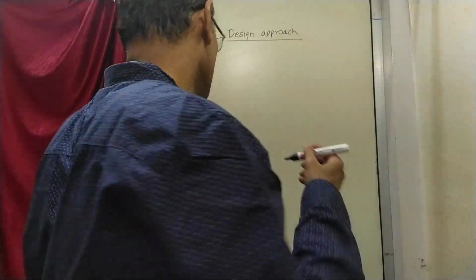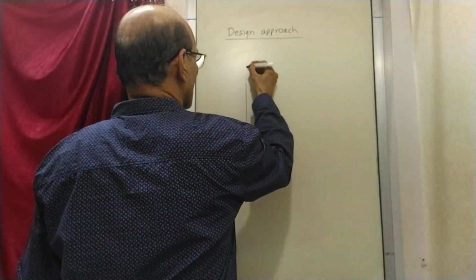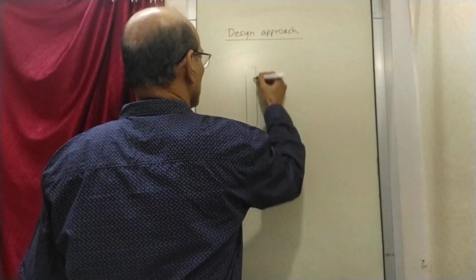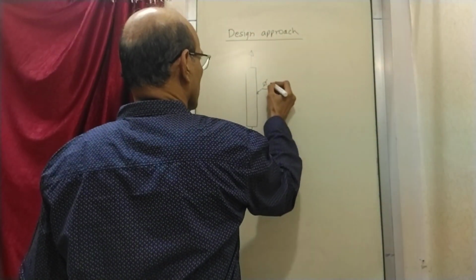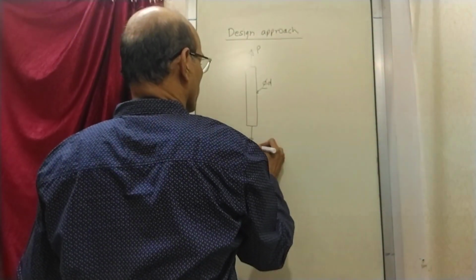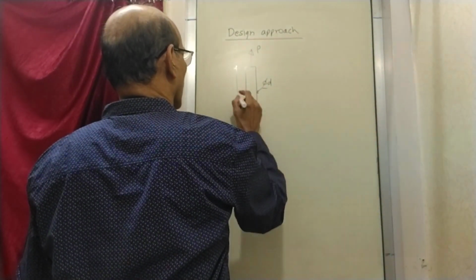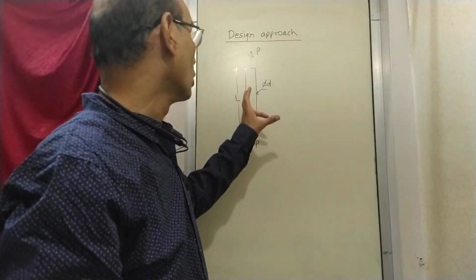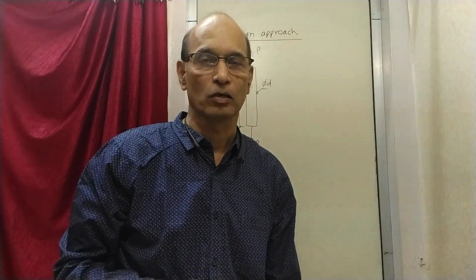So now let's see that there is, let's say, a rod again. I'm always taking a rod as a simple example which becomes easy to understand. So suppose this is a rod of, let's say, diameter D, and we have applied a load P. The length of the rod is L. So there is a rod of length L. To that rod we apply a load P, and we are going to design that rod.